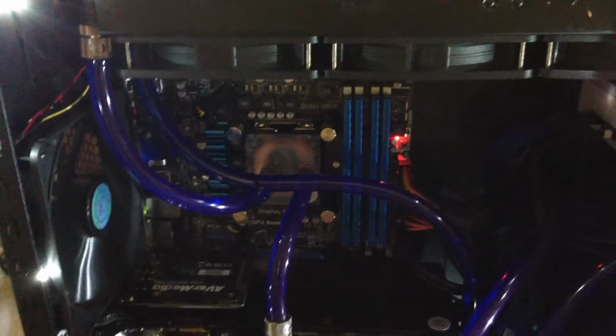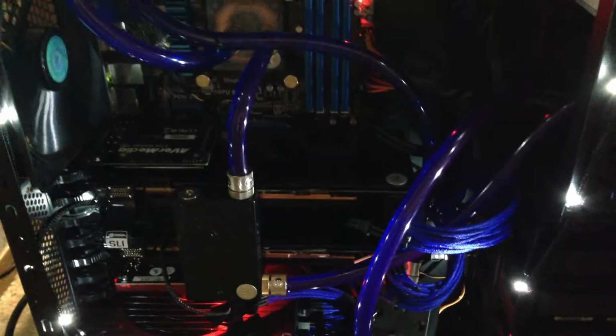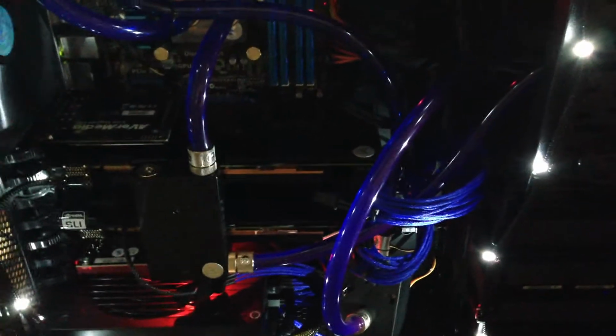360 millimeter radiator. Everybody's always said that you should get the 360 plus another 120 if you're going to do 2 cards and your CPU. That's a load of hogwash. I'm running this 360. My CPU is not too much of an overclock. It's still 4.2 gigahertz, and I overclock the graphics cards as far as they can go before they crash on me. They're already FTWs anyway, so they already have an overclock on them, and my CPU never goes above